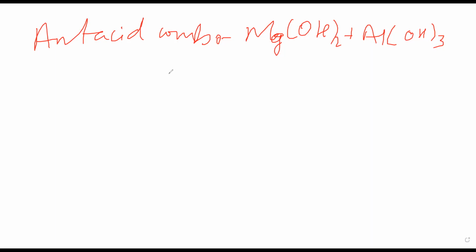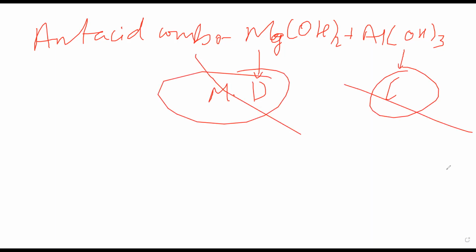And what will happen is, because magnesium hydroxide was causing mild diarrhea, this fellow was causing slight constipation, they will cancel each other out. Okay, that fellow is causing constipation, this fellow is causing mild diarrhea. So if you come to middle ground, you will have normal peristalsis. Okay, one is causing increased gastric emptying time, the other is causing decreased gastric emptying time. So because of that, gastric emptying time will become normal.